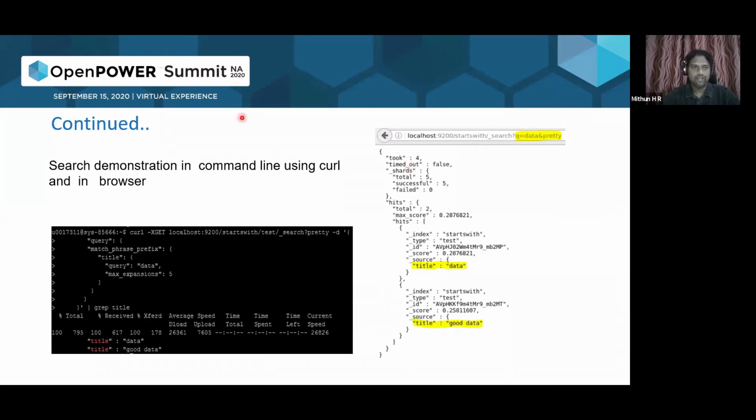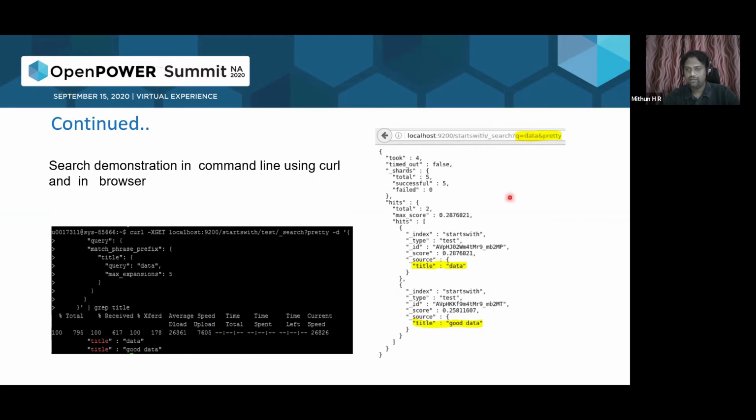Right. Continuing, what exactly have we created? Previously we created the analyzer, then we created the mapping, and then when we want to search data, this is something we have done on the browser, right? So we are searching Elasticsearch with that particular index, which starts with, which we created in the last slide, and we are trying to search for a package called data, right?